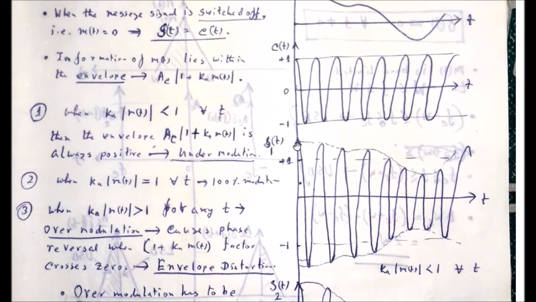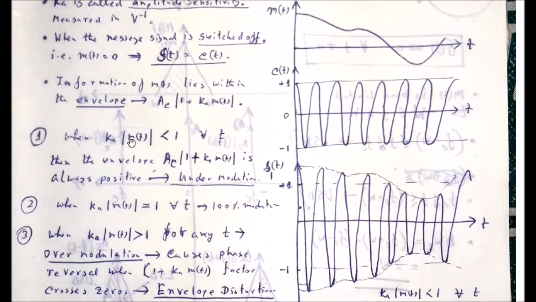This happens both for the positive side as well as the negative side. This particular locus of the tip of the cosinusoidal carrier in the modulated waveform is called the envelope. It is the positive envelope and this is the negative envelope. And the positive as well as negative envelopes are actually carrying the message signal, because those are similar in nature to the message signal's time variation.